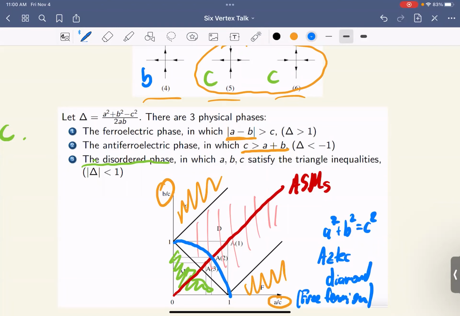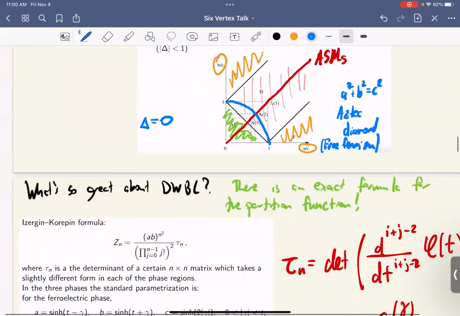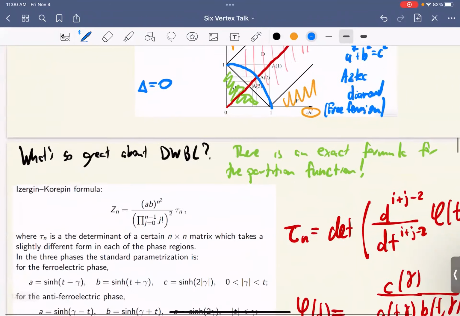Is it determinantal? It is determinantal, yes. Just along that axis, yep. That's right. And is that a particular value of delta? That is delta equals 0. Delta is a squared plus b squared minus c squared. That's some parameter. If a squared plus b squared equals c squared, it's 0. All right. So that's what the phase diagram looks like.